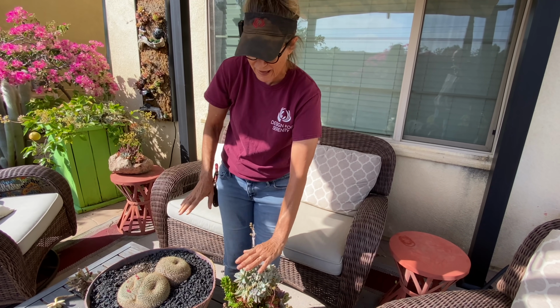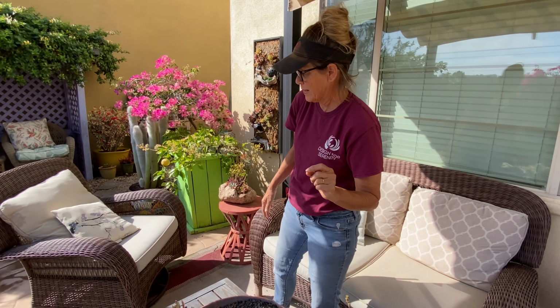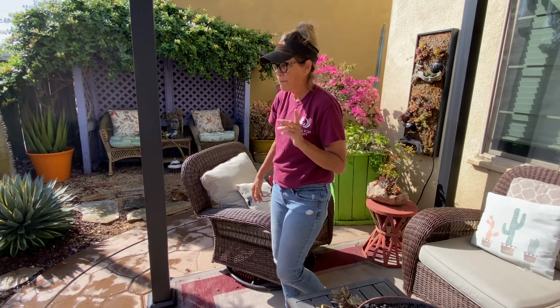I love the look of that, and I get to enjoy that crest. So many things are cresting in my garden right now. I'll show you some more, but first,